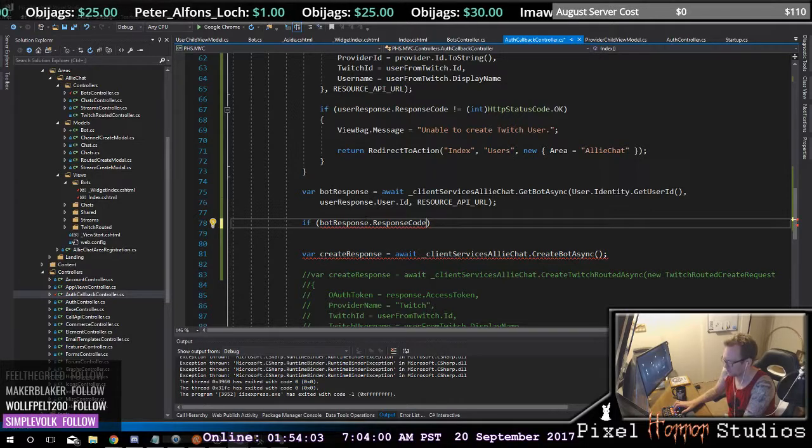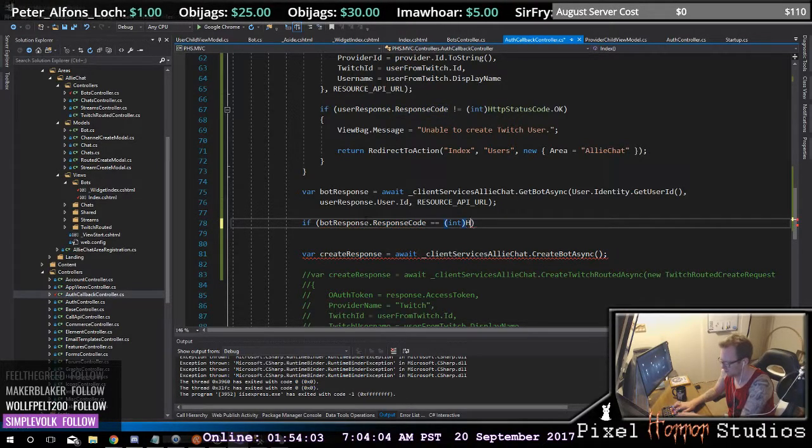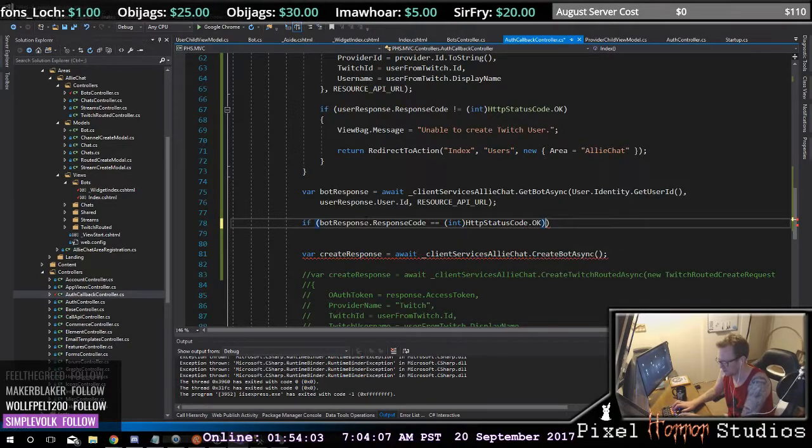If response code here is equal to integer HTTP status code .ok,